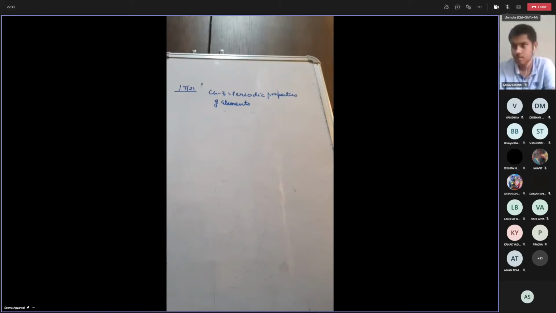Drawback is that they are not given any position in the main periodic table. But the same point can come in the advantage also, because these elements are found in very trace amounts and their study is not much required by a general person, so they are placed at the bottom. So it depends on which type of question is coming and how you have to write the answer diplomatically.